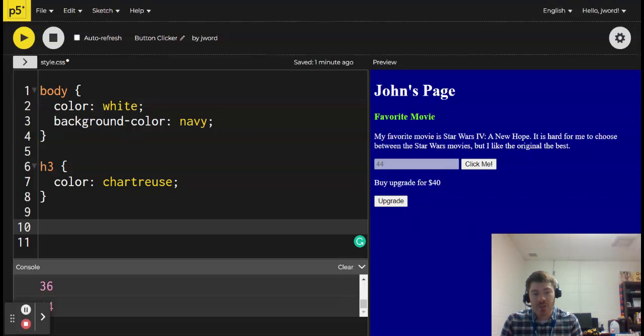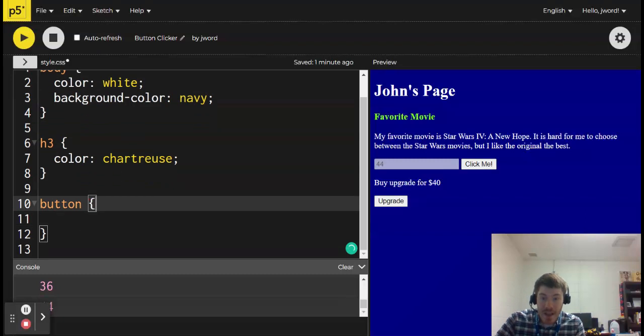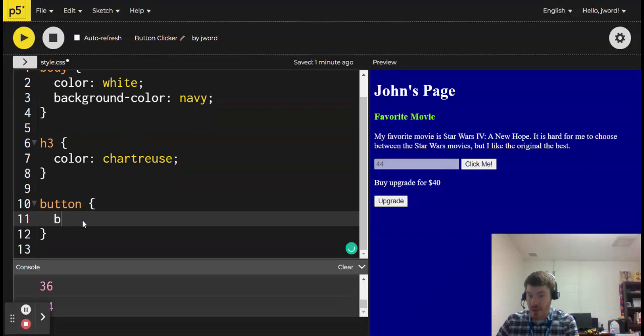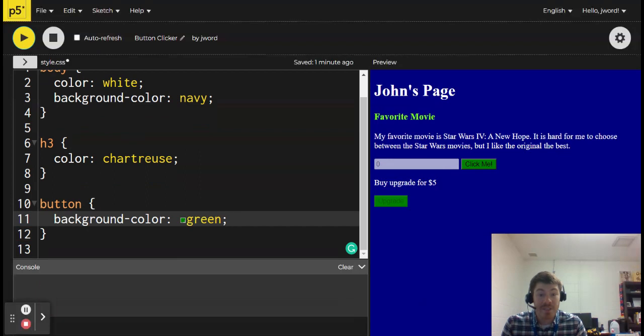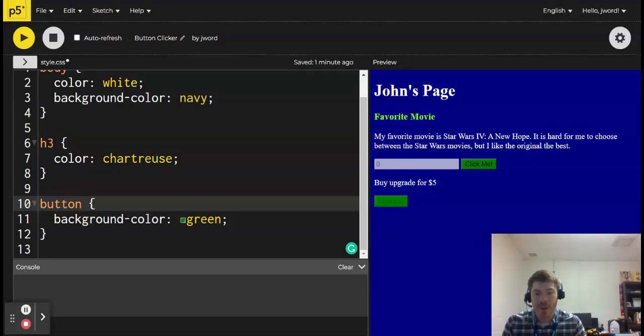So how could I change the color of the upgrade button? Well, if I said just the button tag and then change their background color to green, then this is what I would see. All right, then both of them would be changed like that. So what if I just wanted to change the upgrade button? Well, then I would say button ID upgrade,